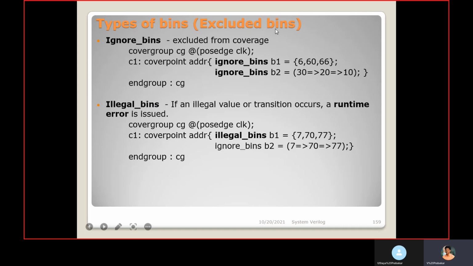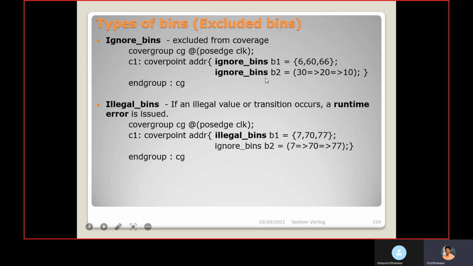Some types of bins, excluded bins, continuation. Ignored bins, you can mention using ignore_bins. For a coverpoint sampled at the passage of clock, we mention the points. So here 660, 66, these are mentioned as ignored bins.